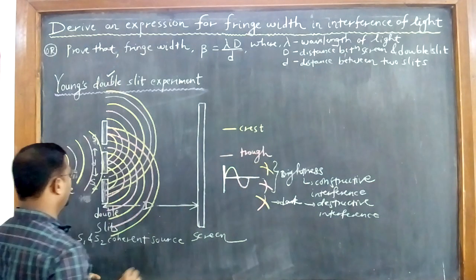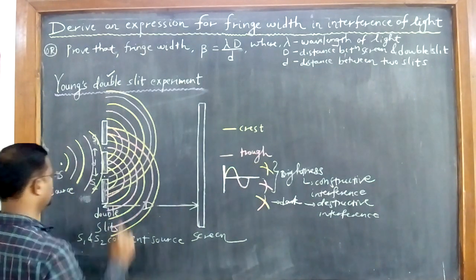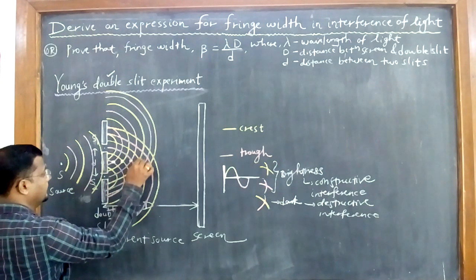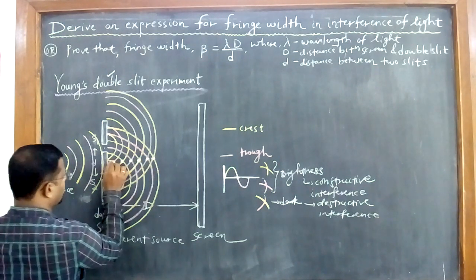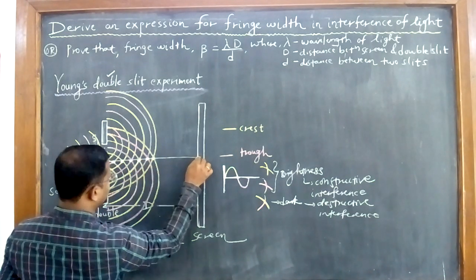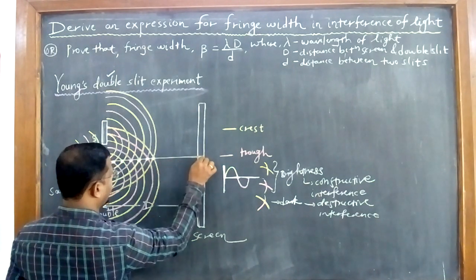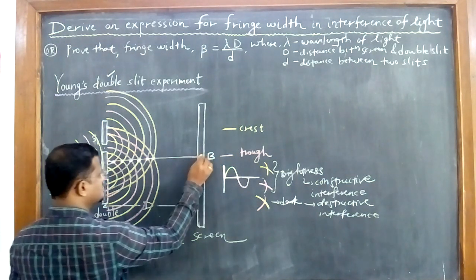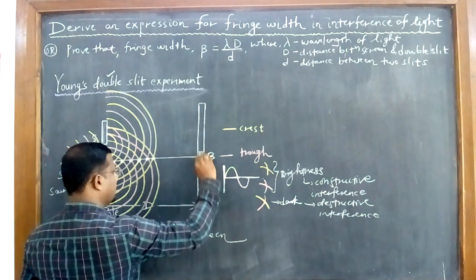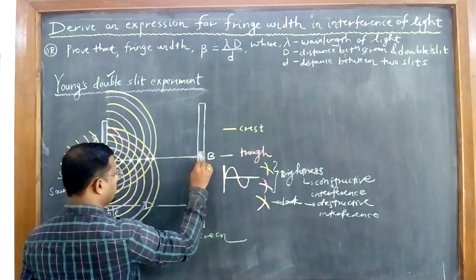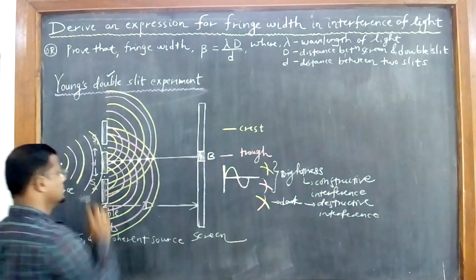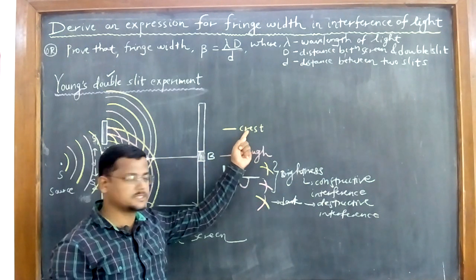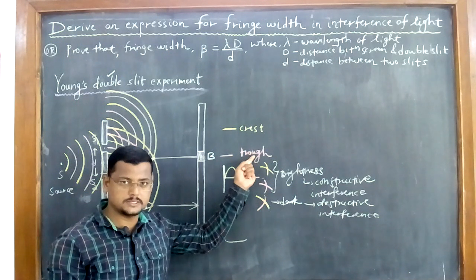Just see now, where the same colors are going to intersect each other. This is same color, red, yellow, red, yellow, red, again yellow. So whatever the intensity of light we are going to have here, that is the brightness you will have, right? I will draw like this here. It is the brightness. Why brightness for all these points? Because all these points are related to same color intersecting. Same color intersecting means either crest or trough, like this.